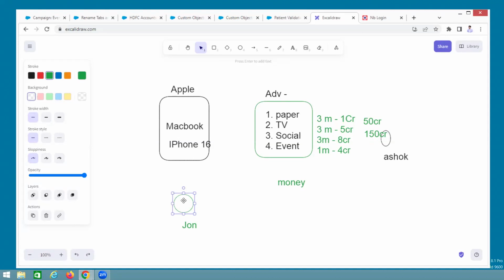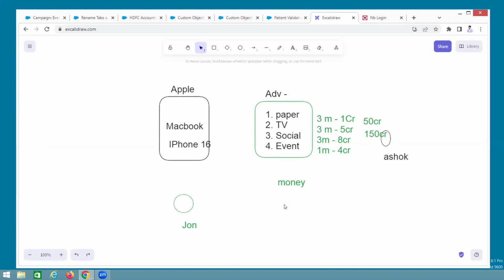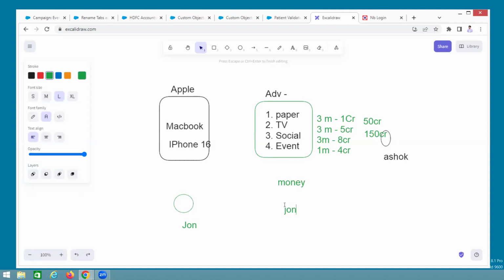But because of this event, these people are coordinating with each other. This guy will be inviting John, and this guy will be telling every story about the product and everything. He already has so much time. Once it is done, John is giving the details: My name is John, this is my mobile number, this is my